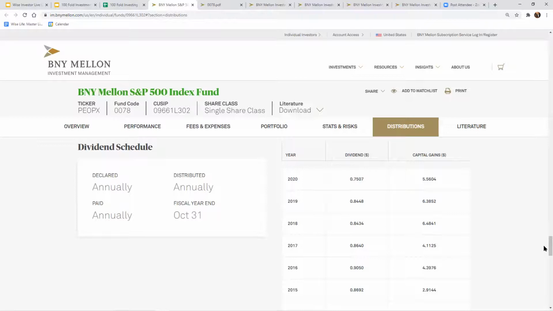This particular dividend schedule is actually annually, okay, so once a year, and it's on October 31st. So once a year, they're going to give you one lump sum check. So think about it like your tax return, except this is earned. Well, this is income, not a return on something you overpaid. So dividend is income.